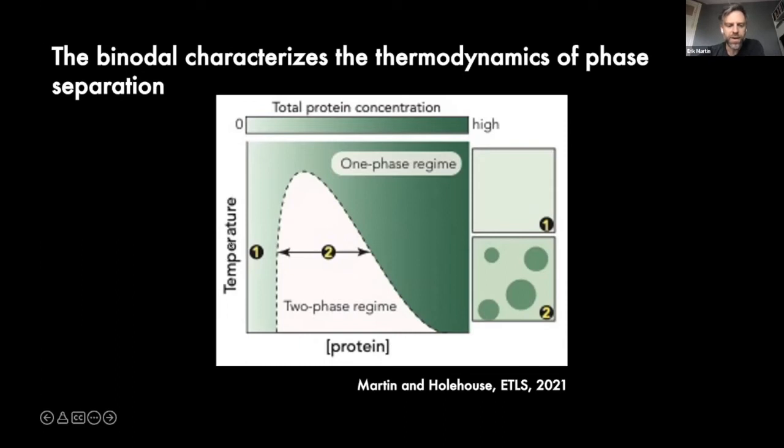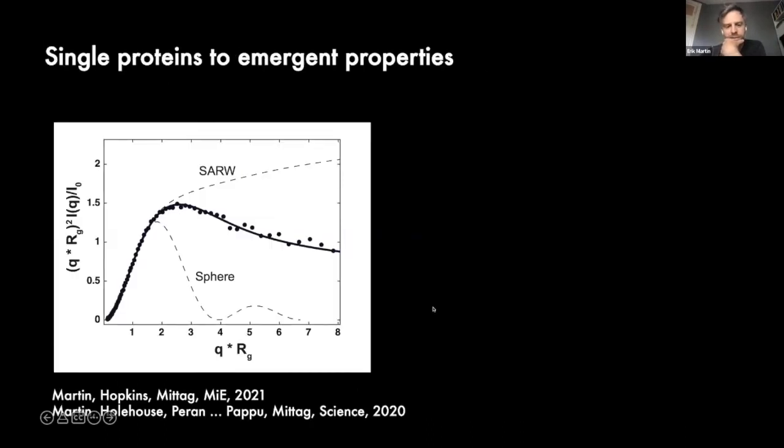So here we have a two-axis system, temperature and protein concentration. And we're looking at moving the system horizontally across here from region 1, where you can think of proteins being dispersed or very extended, into the region of the phase diagram where you would have more collapse, and the system is collapsing into droplets. So experimentally, the way that we looked at this originally was simply with equilibrium size exclusion coupled